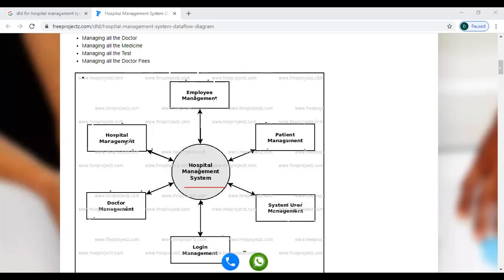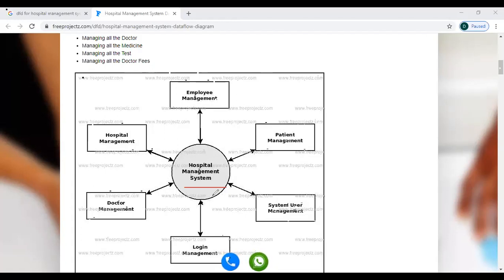Hospital management people are involved in this hospital management system, and the doctors recruited under that hospital also come under this system. And login credentials of the particular hospital. Suppose employees come, how will they open the details of the hospital or their personal details? There should be some login credentials for each and every organization, isn't it?